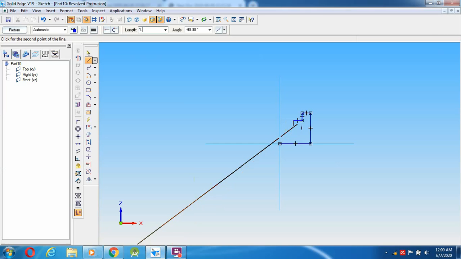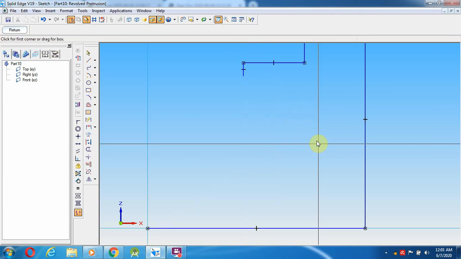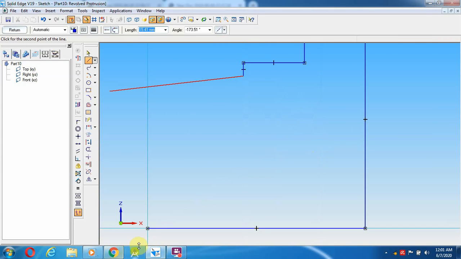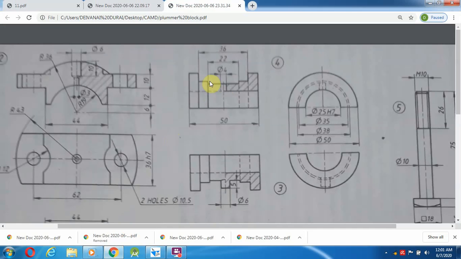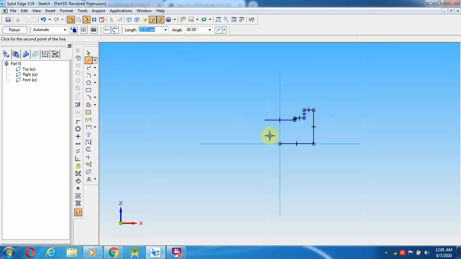That comes as a 1.5 mm distance, 1.5 mm. Now the length is 22 mm, and then again height 1.5 mm.